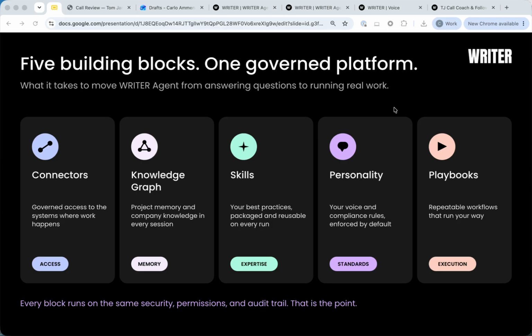And I'm just bringing up that capabilities or building blocks slide, that walkthrough I gave you. So again, this is everything that Writer has all in one place that makes it unique, that no other platform has, that allows you to build these multi-step complex agents with natural language compared to something more simple like a bot. So you're going to see all this on display in this example here, from the connectors that move through systems, knowledge graph, maybe not so much.